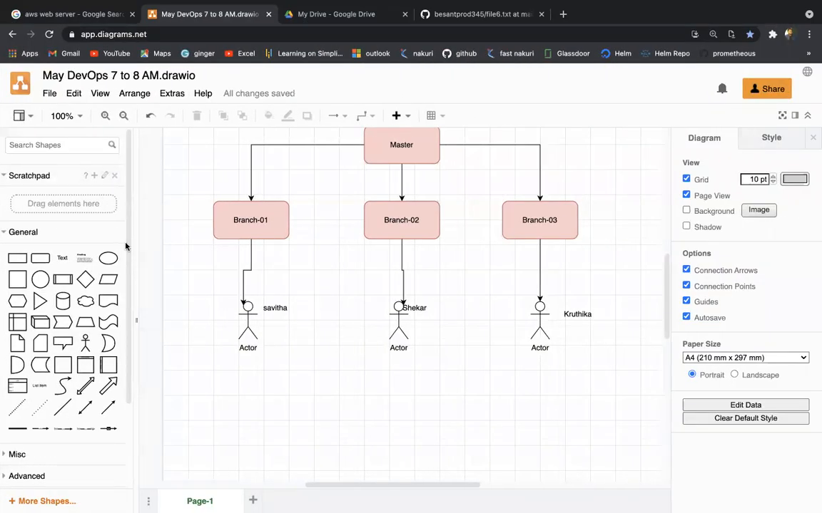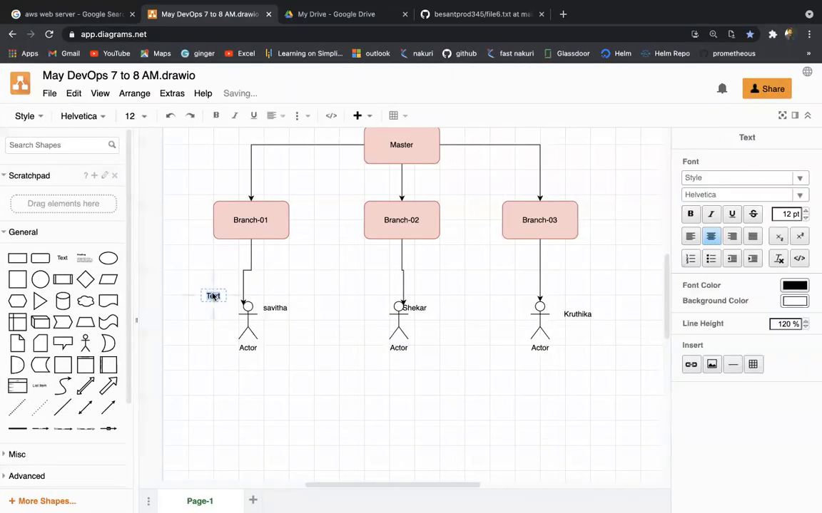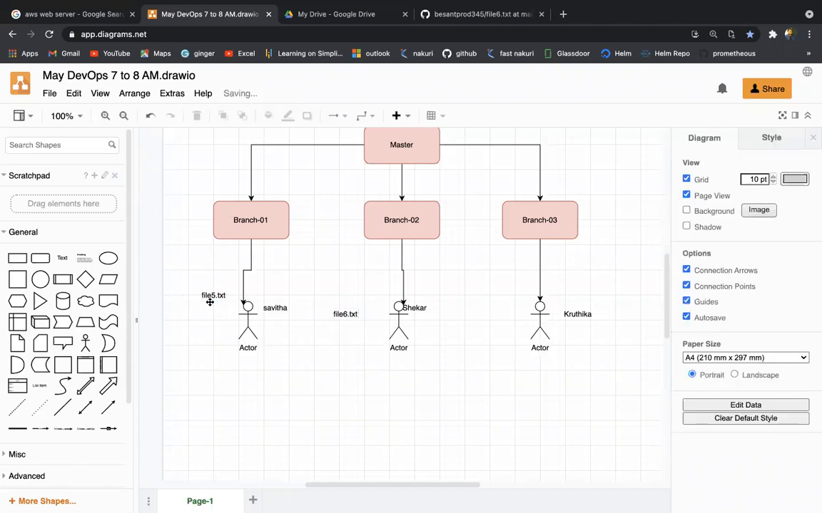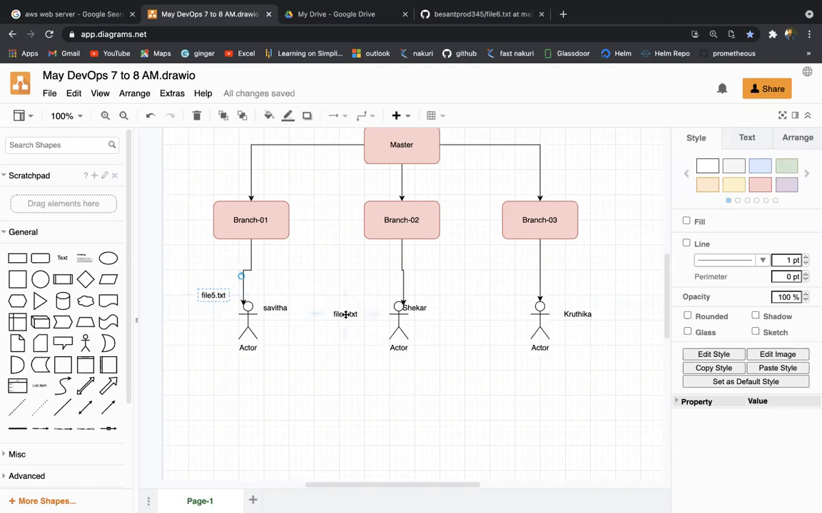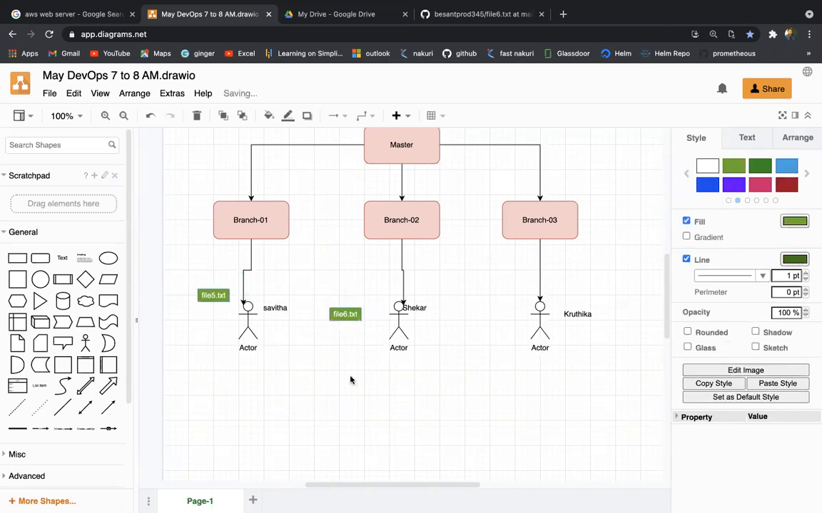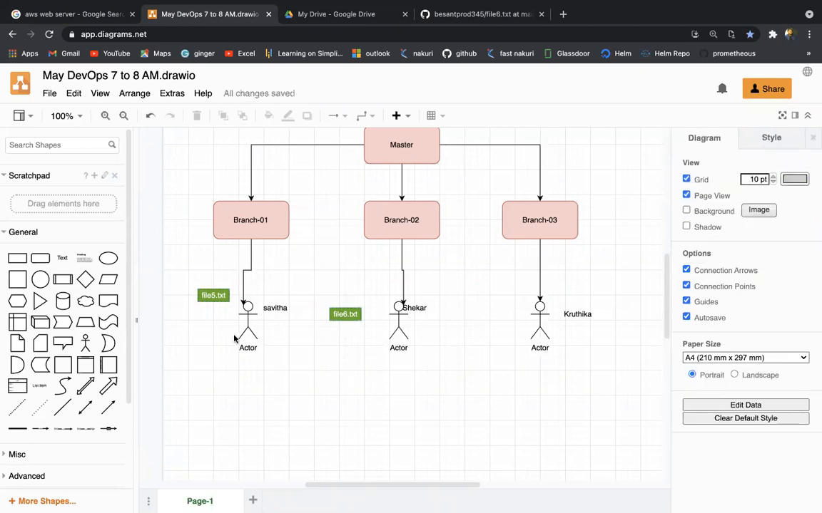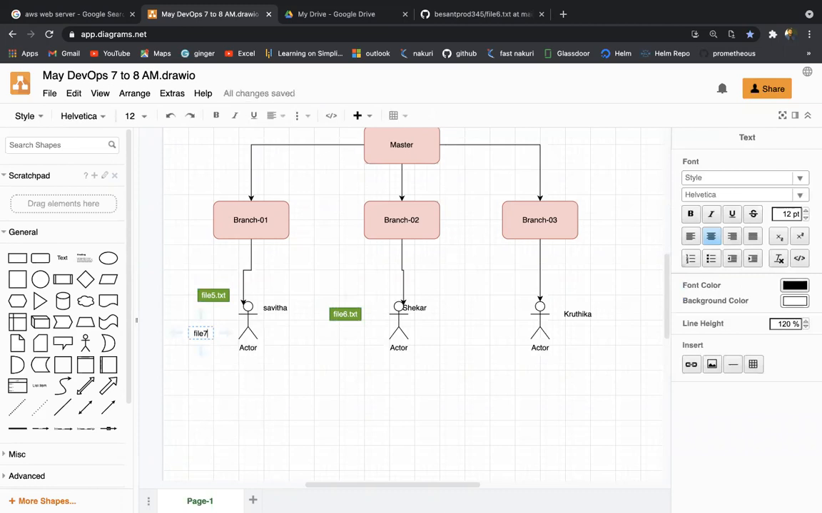So here, Savita created file 5.txt, and Shaker just created file 6.txt. So we have two different file names, and we just merged into the master. Fine. Now let's consider Savita just created file